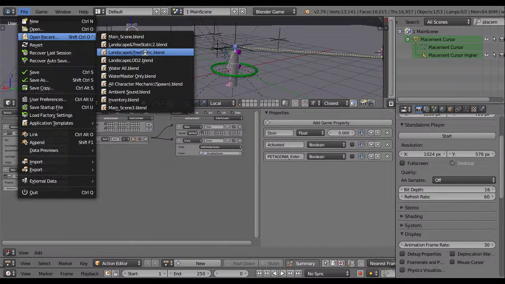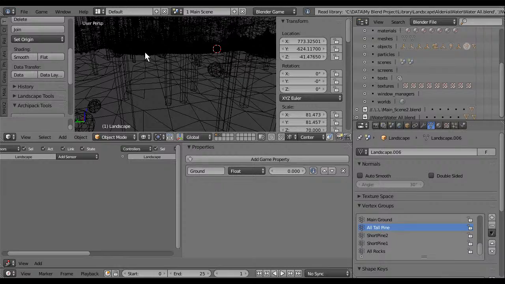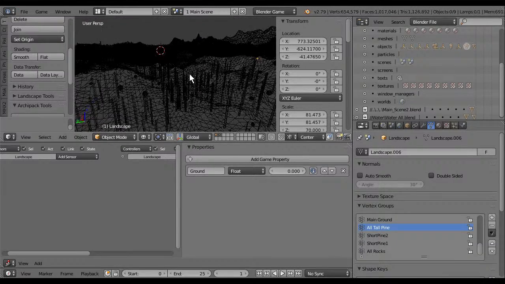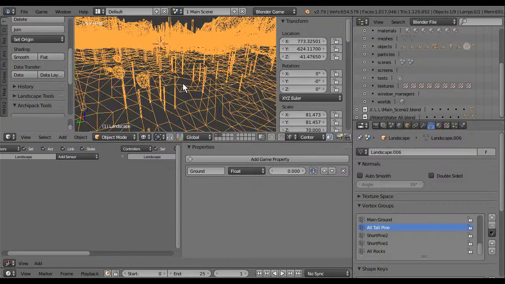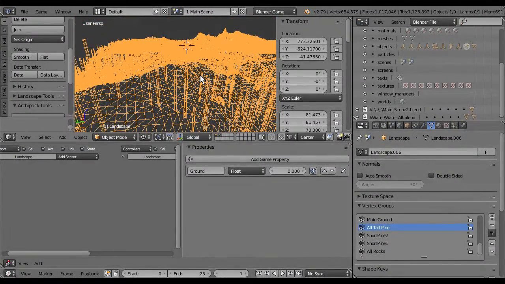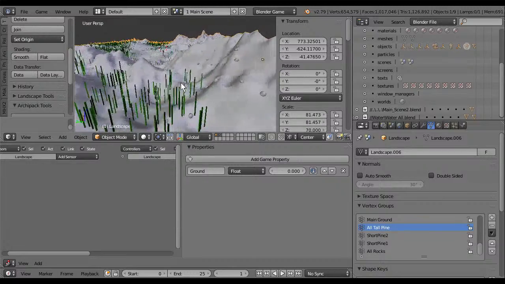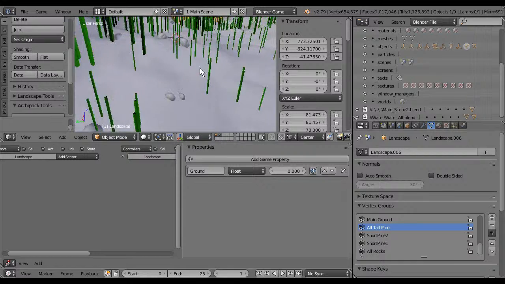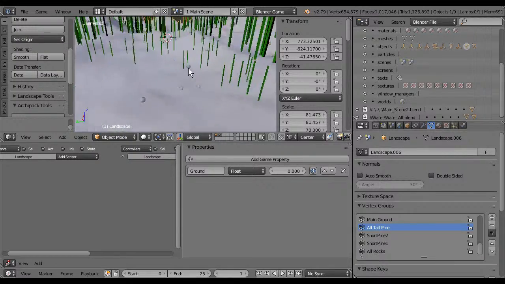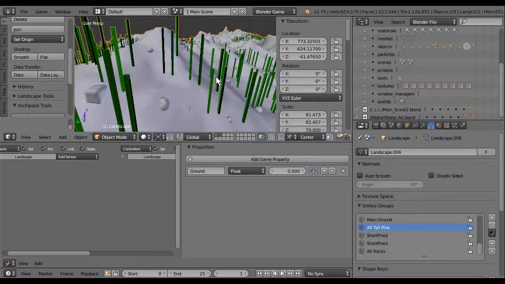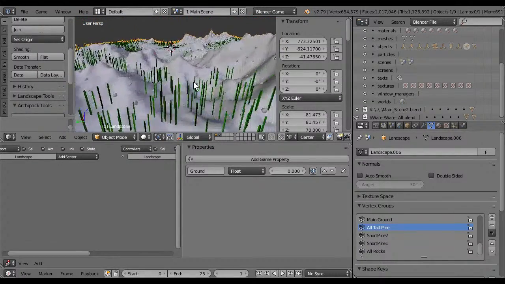I have to open this one. It's a very big file. It's basically the entire landscape itself, also including the trees. To save memory, the tree statics and collisions are in here, also the smaller trees, and the stones, the big rocks, the boulders, the lands.